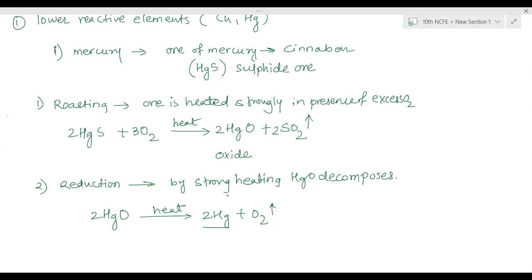Ma'am, like in gold we have 24 karat and 22 karat, right? Ma'am, does it depend on the extraction or the impurities? No, it depends on the impurities. 24 karat gold means 100% pure gold, so no other impurities are present in that. We add impurity into it to make it harder.